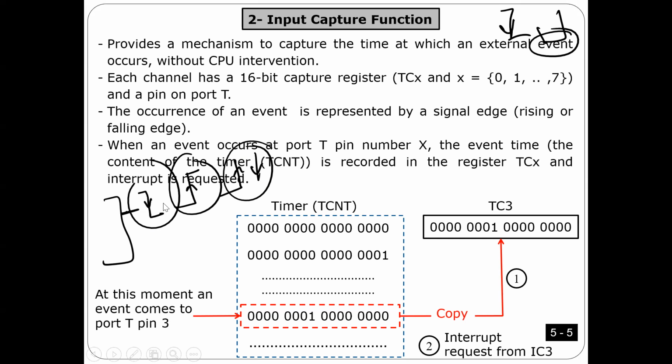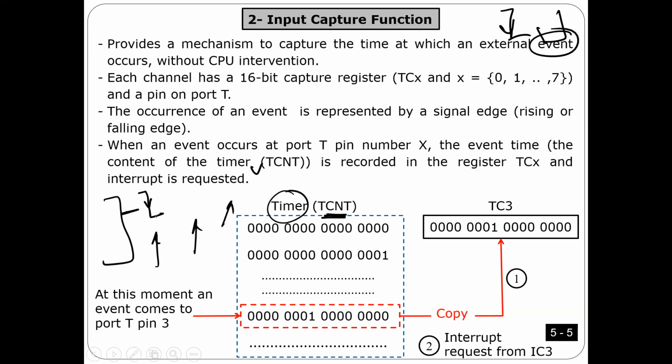Anyway, so every time there is one of these events, what's gonna happen is the value of the timer, which is stored in a register, we call it TCNT. So TCNT gives you the current value of the timer. Every time there is one of these events, depending on which one you select when programming. So if I program it only for falling, for example,